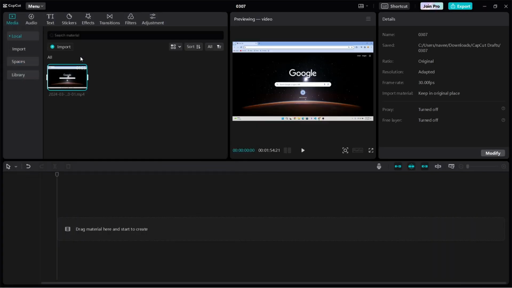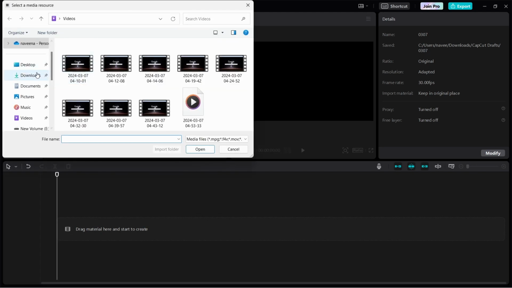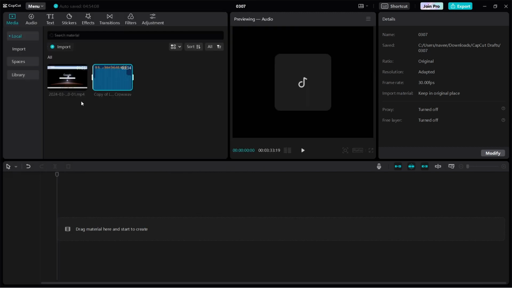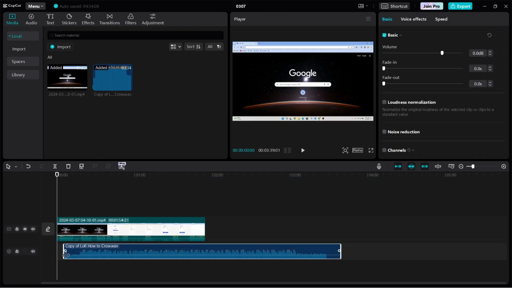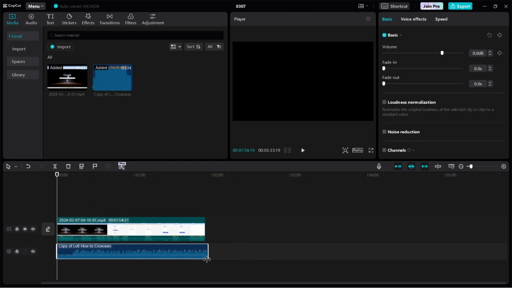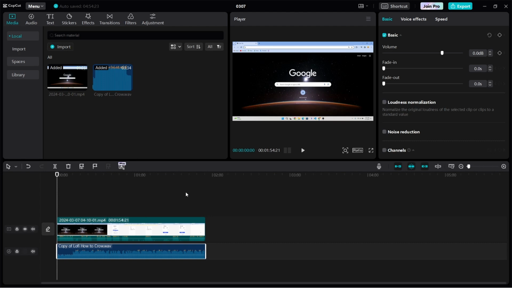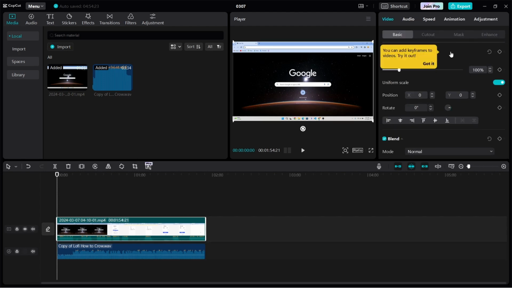For example, I would like to add this video, and then again tap on import and just add an audio. So after selecting the audio and video, you just have to scroll this down. So drag this video and audio, and after dragging them down, now what you can do is just tap on the video and just come up